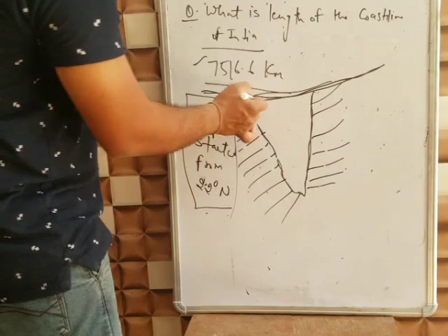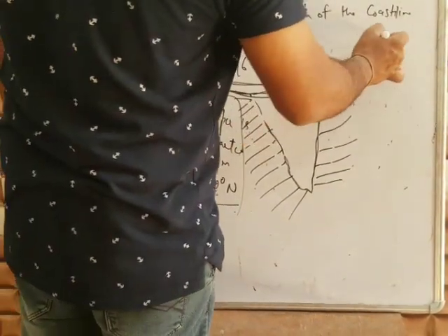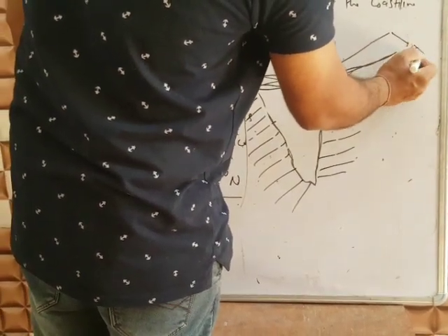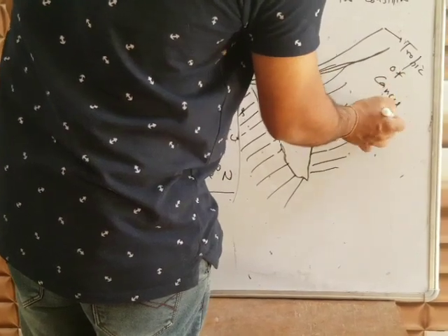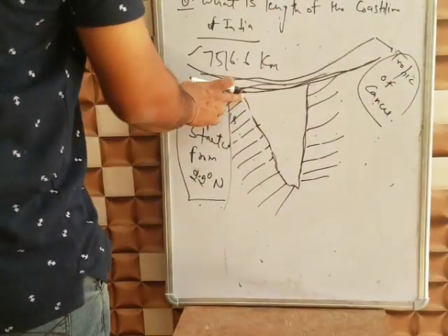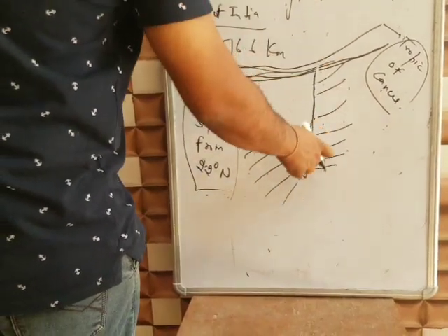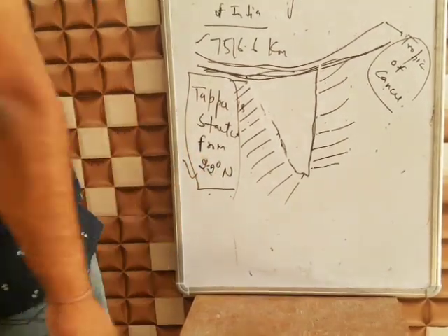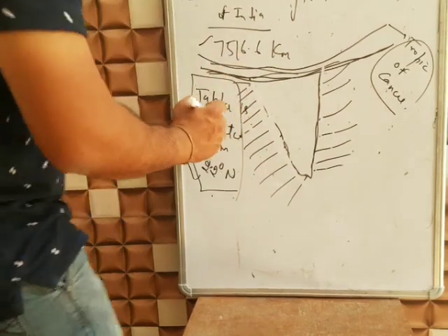This is the imaginary line, you know all these things, and above it is the Tropic of Cancer. This taper is also known as the peninsula. The taper starts from 22 degree north, and